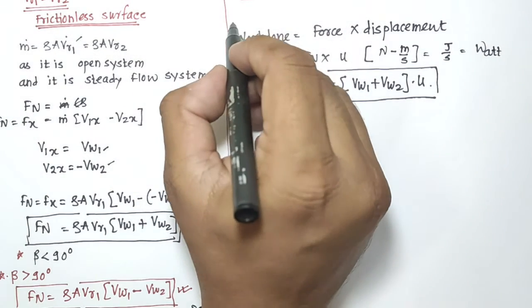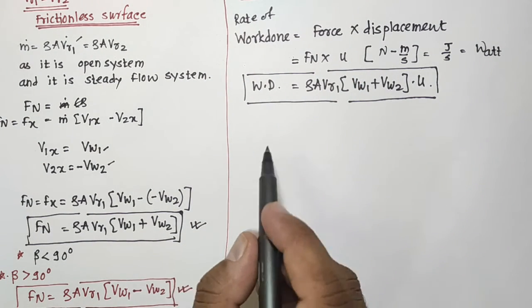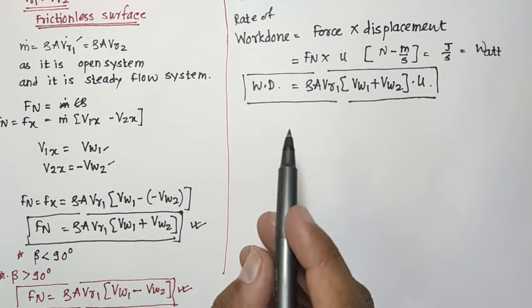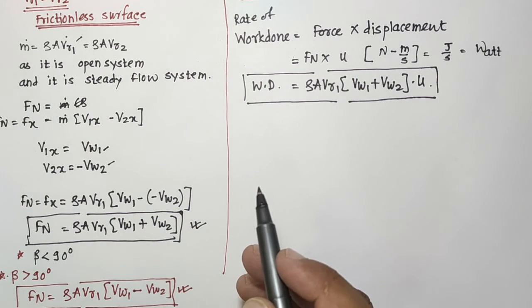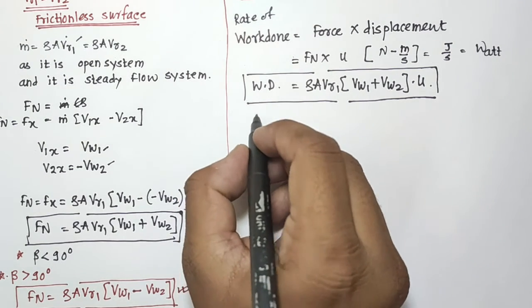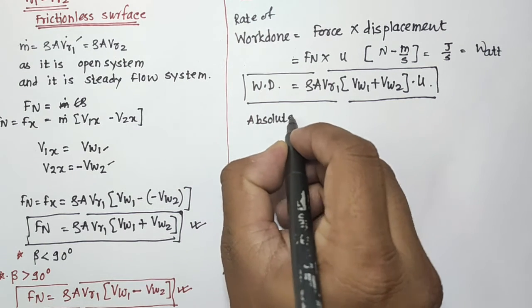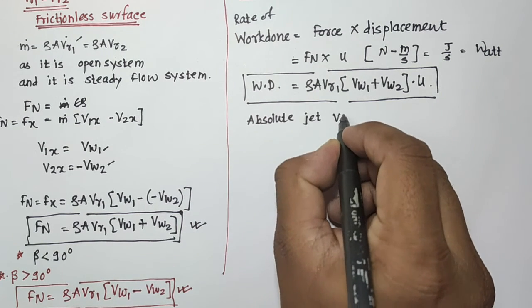So this is what we call as the rate of work done, and that rate of work done is appearing like this. One more thing, if we have to write down this work done in form of absolute jet velocity, so if we consider absolute jet velocities